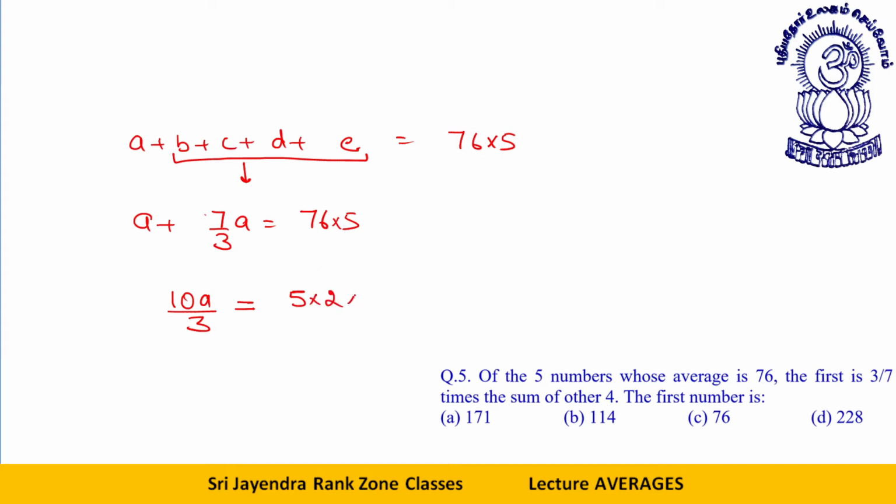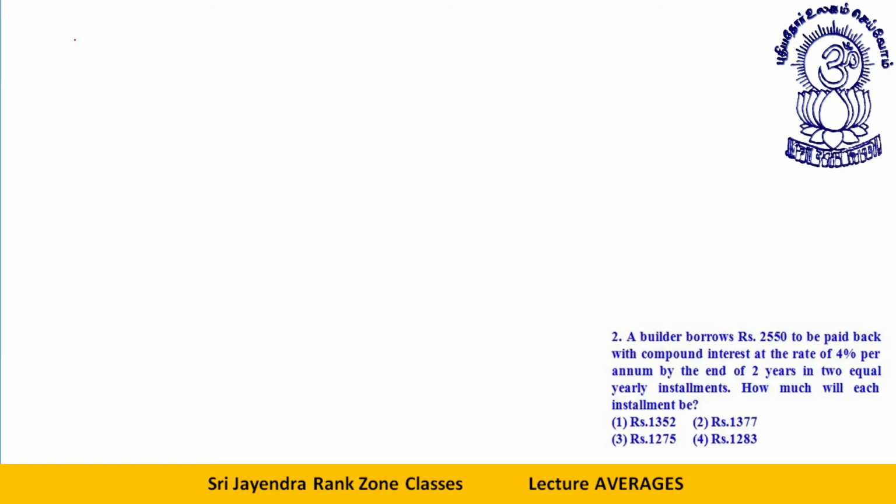I can write as 2 into 39. 10 cancels with this and will give me a 38. So A comes out to be 38 into 3, that is A is equal to 114. Okay, dear students. Now let's take a few more, but we will wind them up very early at a very rapid pace. Okay, I will just write down the main solution.